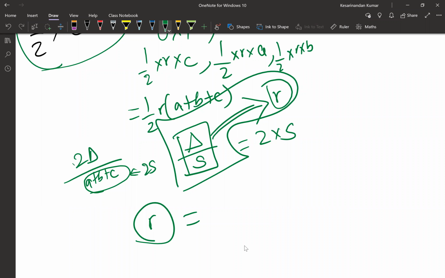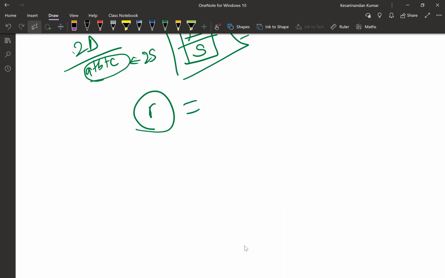Is our geometry done, Kesari? More or less the concepts are done. There might be some formulas that you find are not discussed, but that is basically because those are purely formula based questions. Let me give you an example. Suppose there's a hexagon, and this is your exterior angle. There's a formula with which you can find the sum of all the exterior angles. Now this is a purely formula based sum. If I give you the formula and ask you the question, you just have to apply the formula and the answer is straightforward.